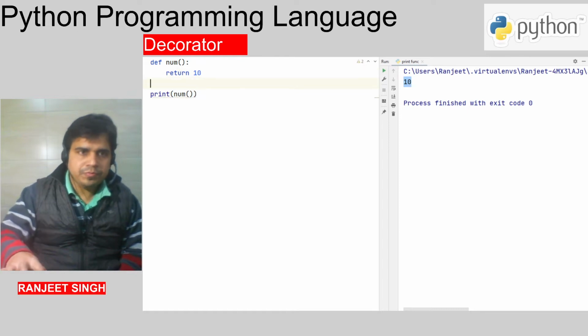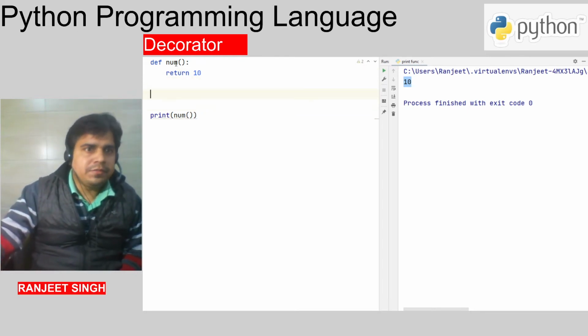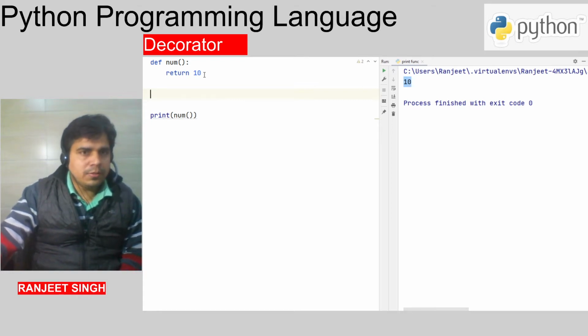Suppose we do not have access to this function. We do not know where this function is present in our project. We want to modify the output of this function. How can we modify it?